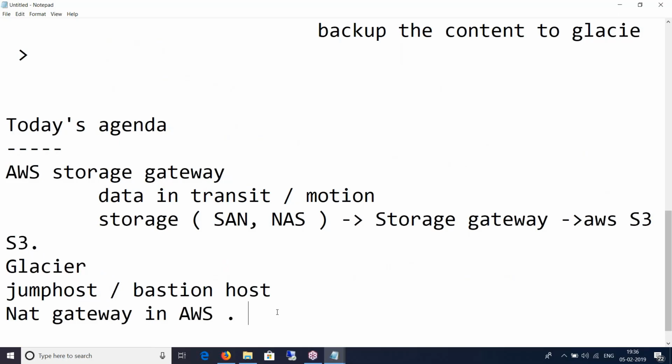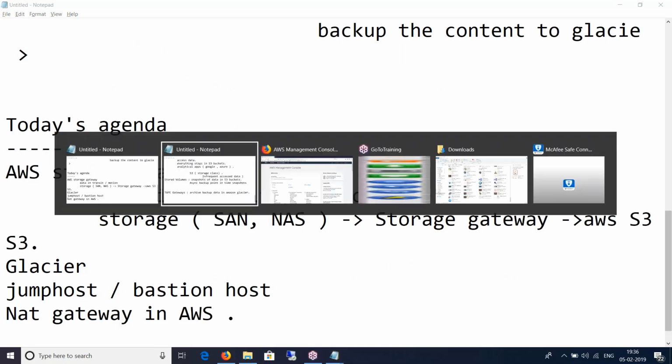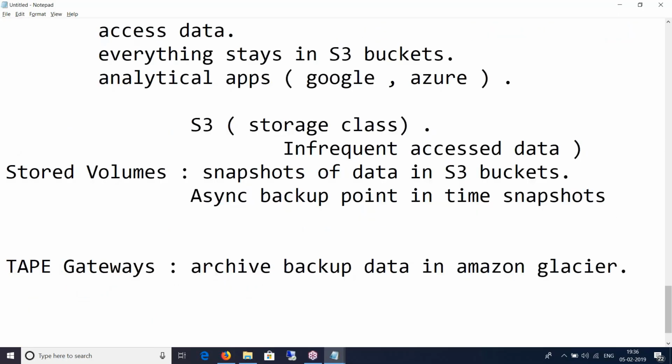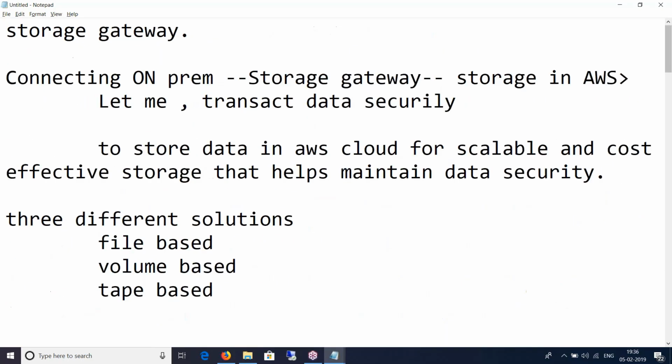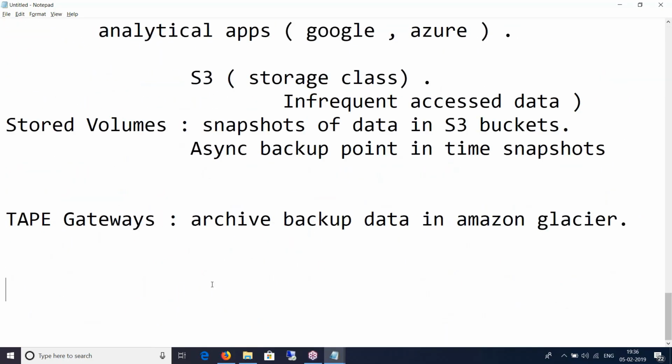So the first two storage gateways, which were what? Volume and file based. They are connecting to S3 buckets directly or indirectly. File based is connecting directly, whereas volume based is connecting indirectly via EBS snapshots.